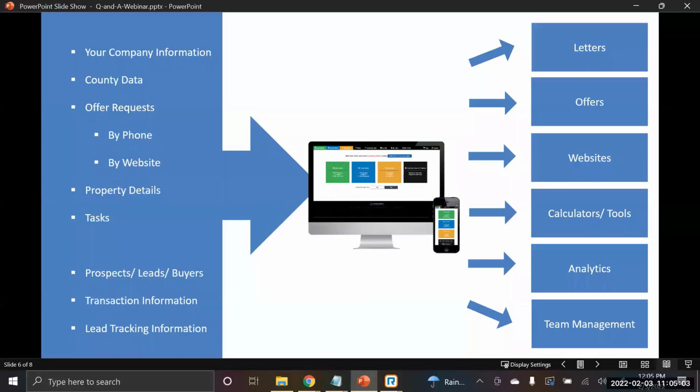So the information on the left-hand side you're going to see includes your company information, county data information, as well as offer requests, whether that be by phone or by website, as well as some property details and tasks. You'll see some additional information which you can provide to the Investment Dominator, such as transaction information or even lead tracking information. So all of this is coming from you